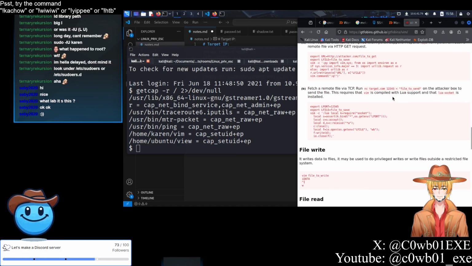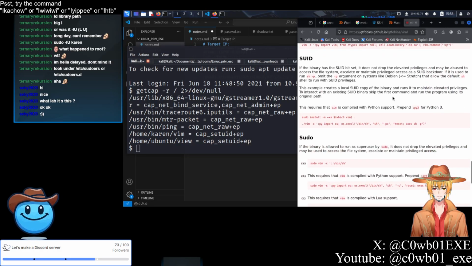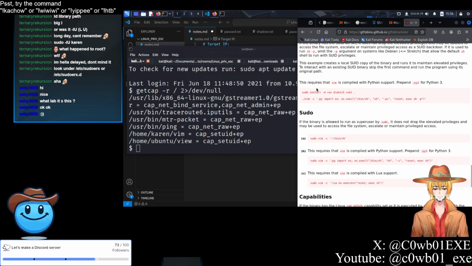I'll upload, download. If the binary has a sudo bit set, does not drop the elevated privilege, it may be abused to access the file system, escalate, or maintain privilege access as the sudo backdoor. If it is used, run sh -p, omit the -p argument on systems like Debian. This requires that vim is compiled with Python support, prepend,